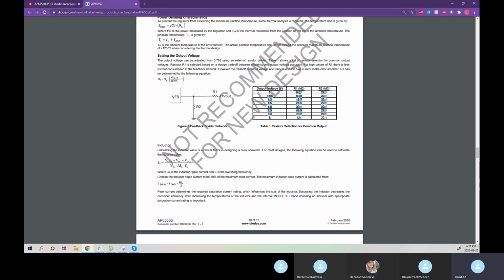We have to change the resistance values for the ones that go to the feedback pin. And we saw the feedback pins in the previous buck converter and the LDO lessons. But we know we want our 5-volt output. So we're going to need 124 kilo ohm and a